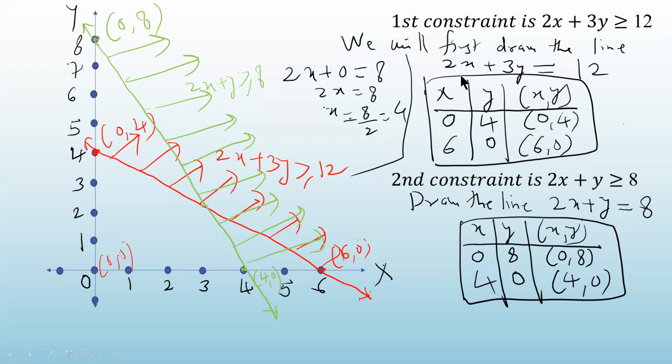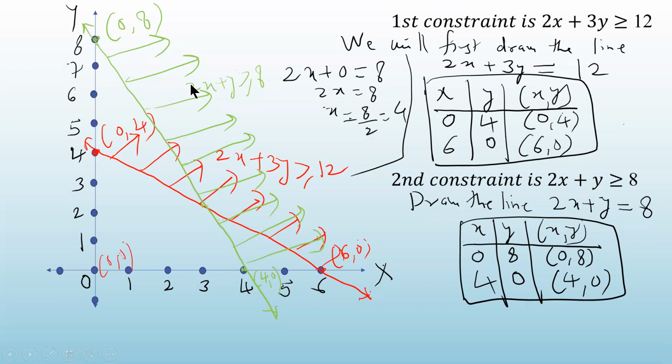So now there are 2 regions on my graph. The first region, 2x plus 3y greater than or equal to 12, is everything from here to here and above the line with the red arrow. What about this region? It is everything from here to here. I don't want to go beyond that because my x and y are non-negative. So I don't have to consider the second, third and fourth quadrant. So from here to here, which is shown by the green arrow.